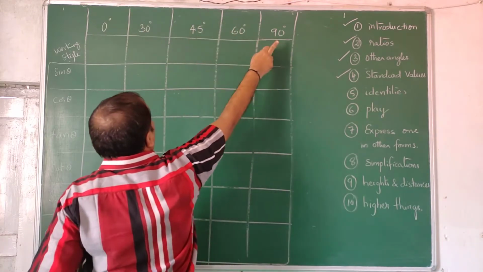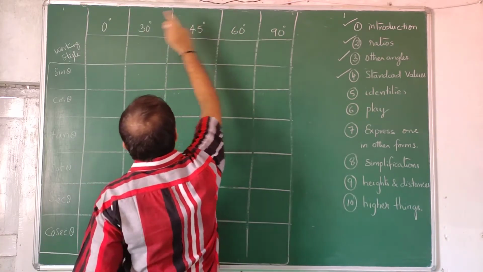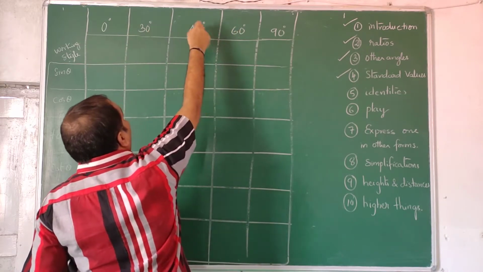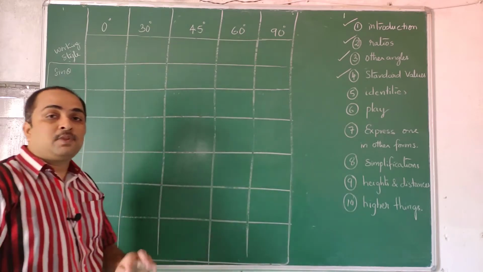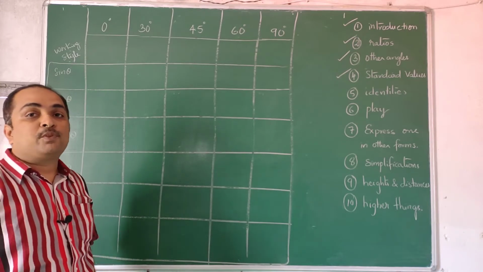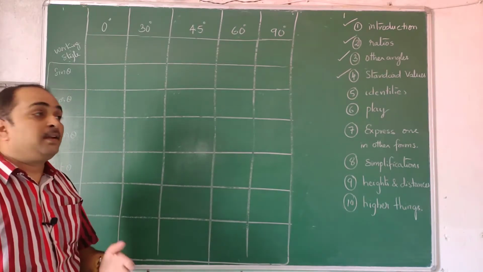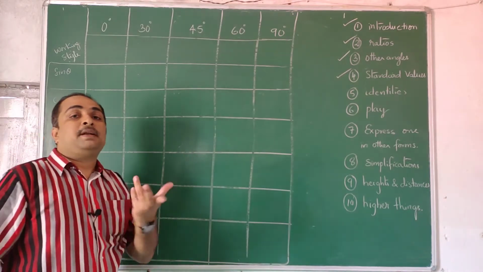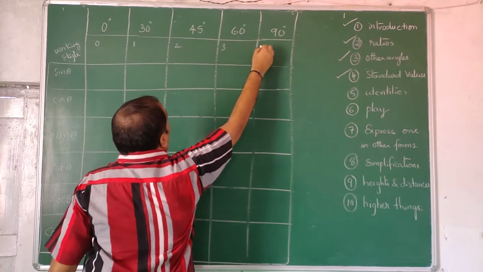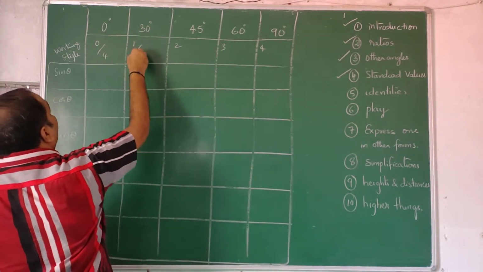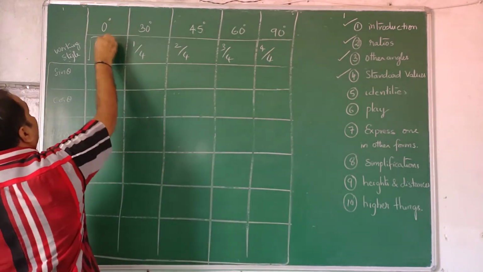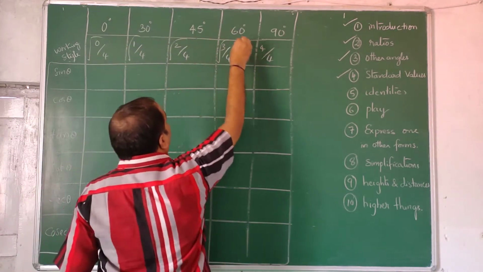90 minus theta: 90 minus 0 will get this one. 90 minus 60 will get this. 90 minus 45 will get back this. So some angles are there like cos 90 minus theta is sin theta, that kind of thing they give, which you can learn by heart and remember. And even remembering so much data is difficult. Some memory technique has to be there. So write first 0, 1, 2, 3, 4. Divide with 4, 4, 4, 4, 4. Take root, root, root, root, root.